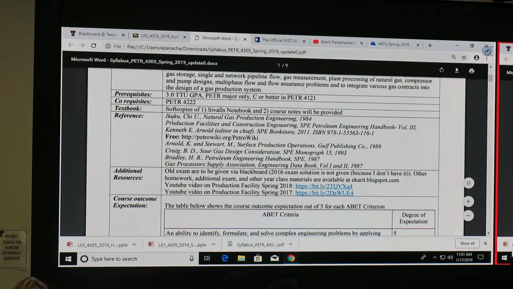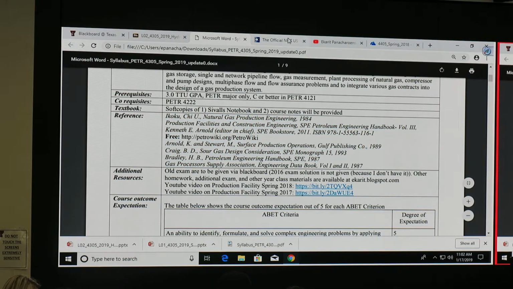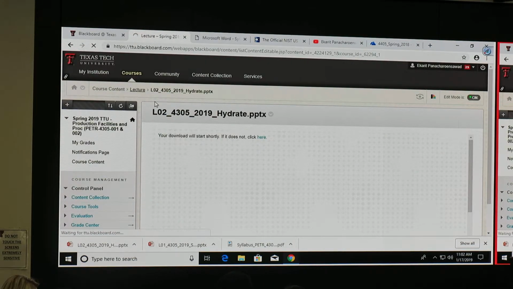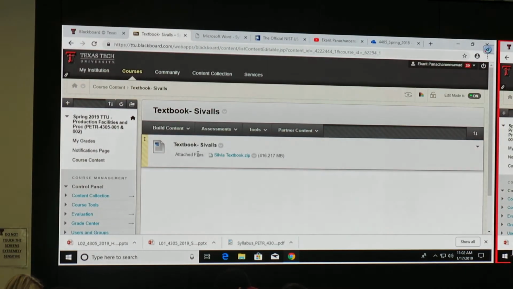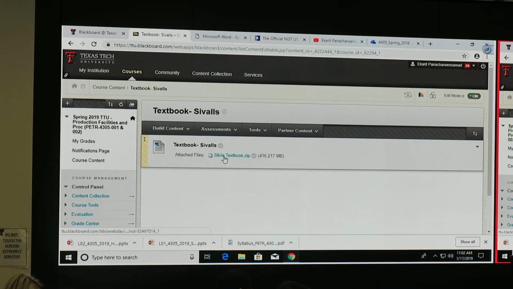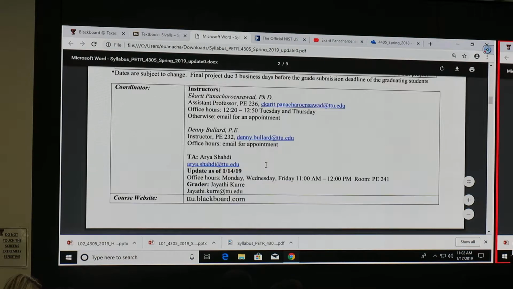Let's take a look at the reference book. You don't need to buy a reference book, because there are many of them. This course takes a little bit of material from each book, combined together. There's a textbook on the blackboard that Dr. Watson wanted to have, about selective equipment. It's somewhat large. You can download that.